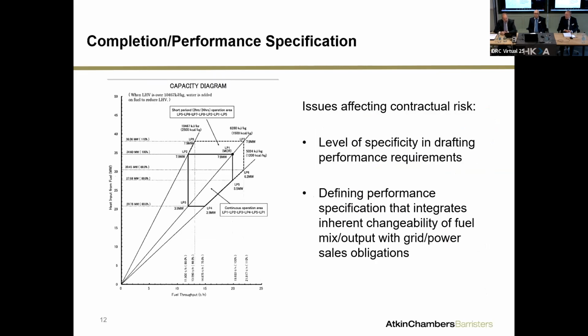Now, on the most recent waste-to-energy plant that I've looked at in January this year in Thailand, the contract draftsman chose, probably not entirely wisely, to describe the heat outputs or the expected thermal outputs by reference to this diagram, which was put into the contract. Now, at the minute, there's a certain tribunal in Singapore who are scratching their heads about what that all means and whether or not anybody's in breach as a result of failure to get somewhere within the parallelogram of heat outputs. What it illustrates, though, I think, is the difficulty for draftsmen, for developers, contractors, to try and define what